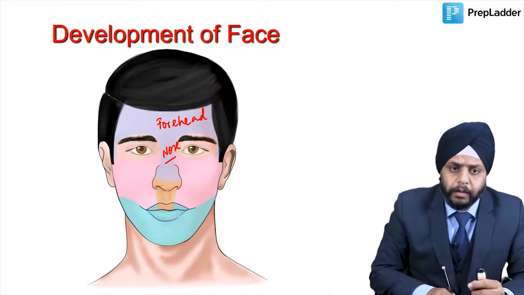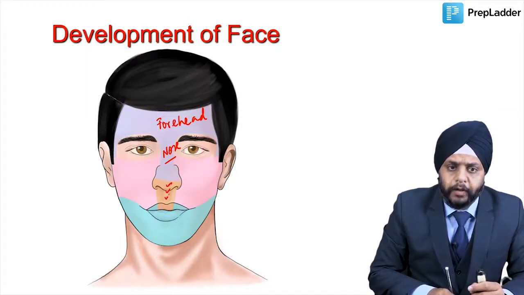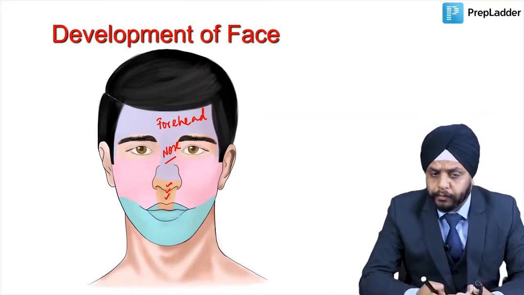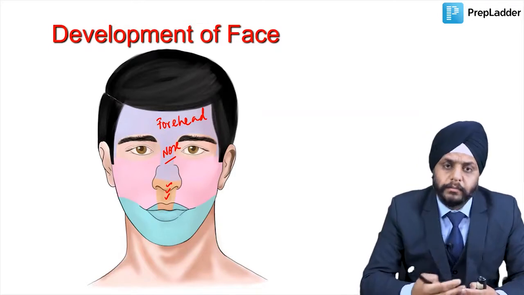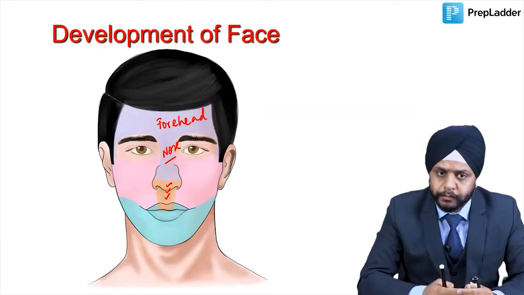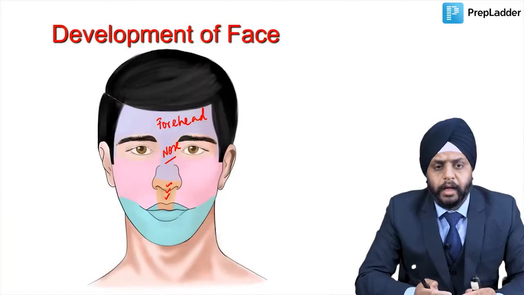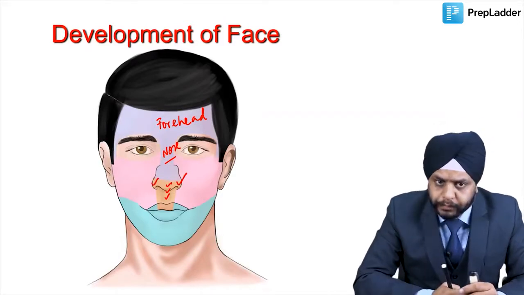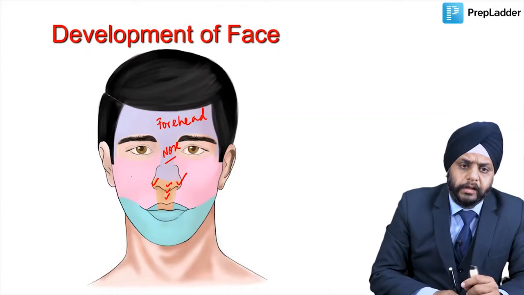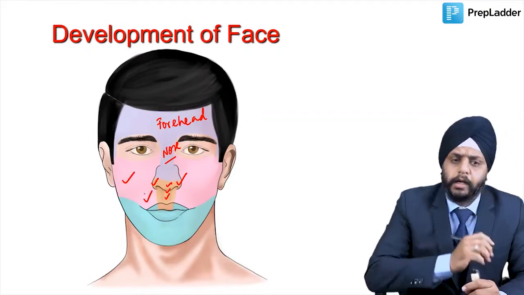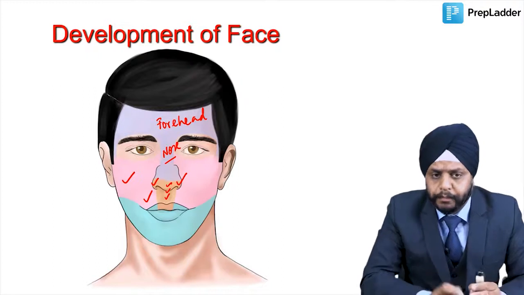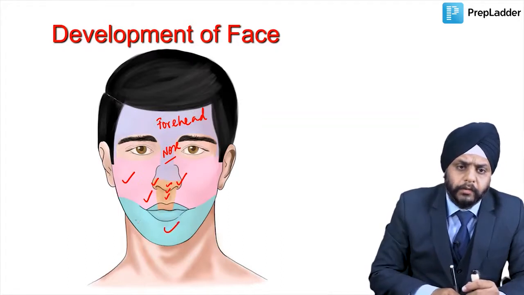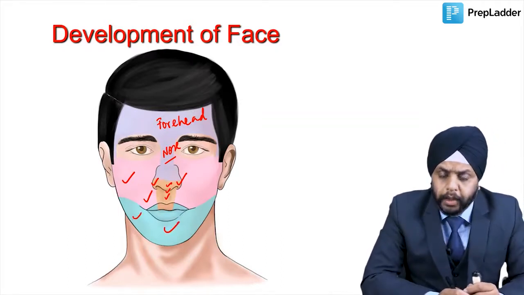Okay, now the tip, columella and the philtrum were formed by the intermaxillary process, or you can say the two medial nasal processes, means the same thing, which were in turn formed by the frontonasal process, right? The ala and the lateral nasal wall were formed by the lateral nasal process. Okay, then we know that the cheek and the lateral part of the upper lip, except the philtrum, were formed by the maxillary process. The lower lip and the jaw were formed by the mandibular process.